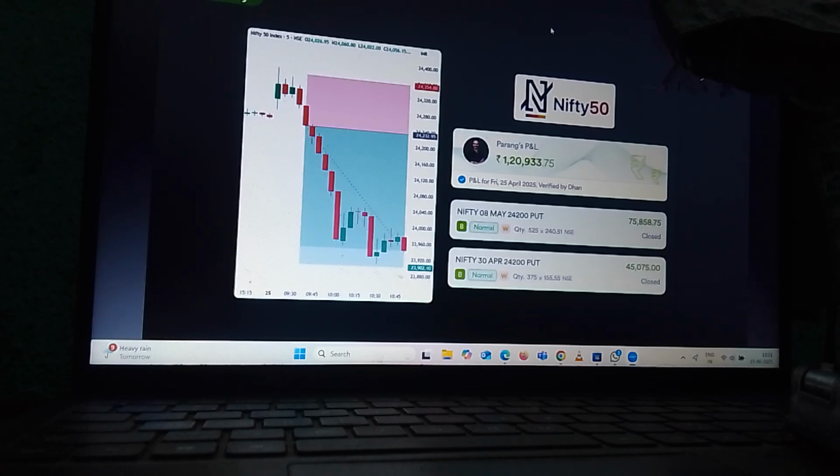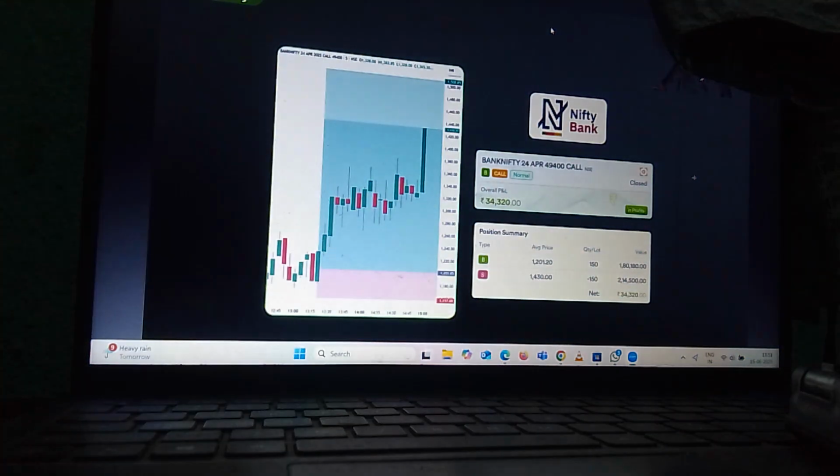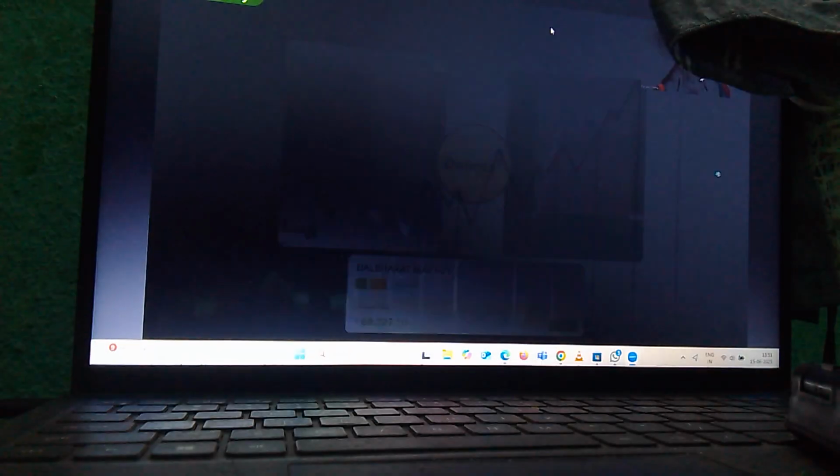This is a short trade in the Nifty 50 index, and we took the entire move, we rolled, and these are the executions of the same. You can have a look at that with the verified PNL. This is again a Bank Nifty trade that we took advantage of. You can see the body of the last red candle, the big move. This is in call options in Bank Nifty.